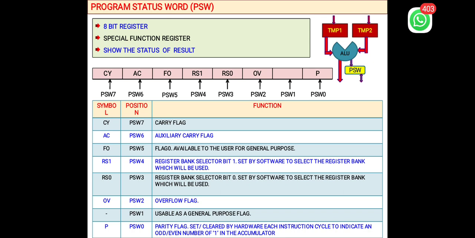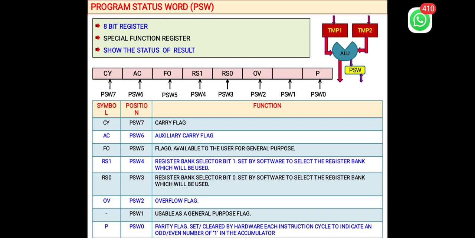PSW2 is OV, that is the overflow flag, to determine whether the result is out of range after a signed arithmetic operation is done. When the result is greater than +127 or less than -128, the OV flag bit is set. Otherwise it is reset.